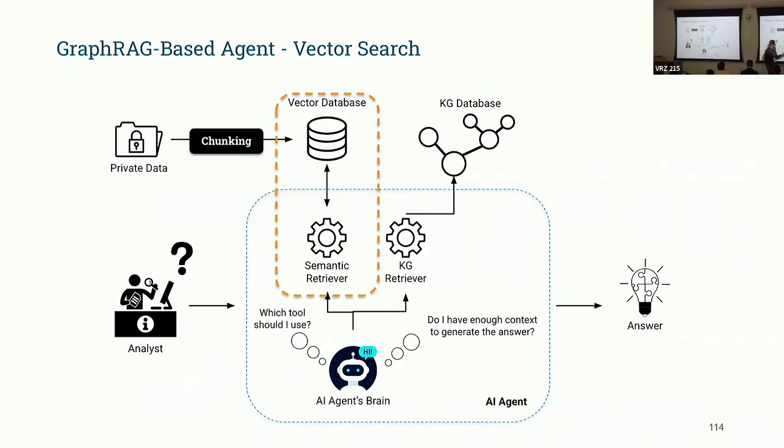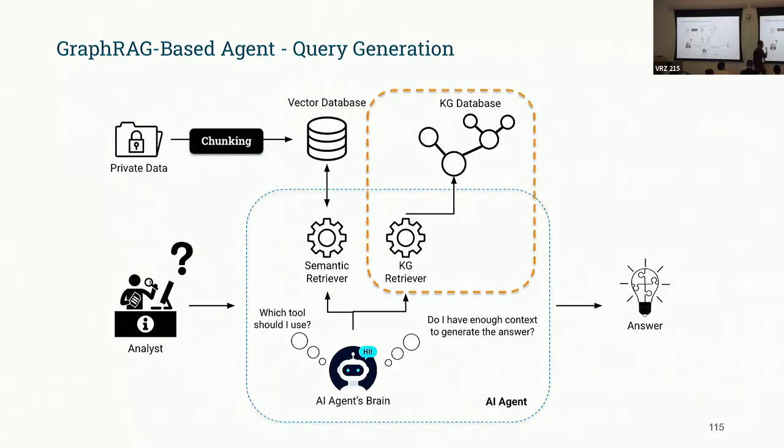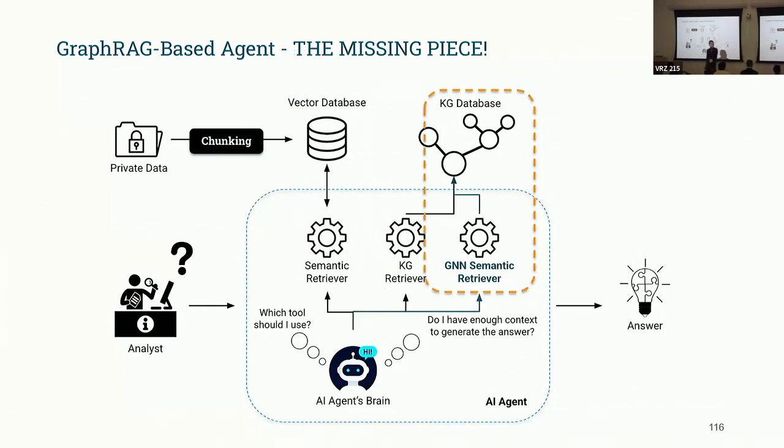And so in that case, you perform your query in natural language, and then you receive a response from the vector database. Then the other step is that, but my database actually is also a graph, right? So what I would like to do is to generate a query, that could be a Cypher or SPARQL query, in order to retrieve the information and combine it potentially with the details coming from the vector database. And so I can obtain a response. But the missing piece potentially could be